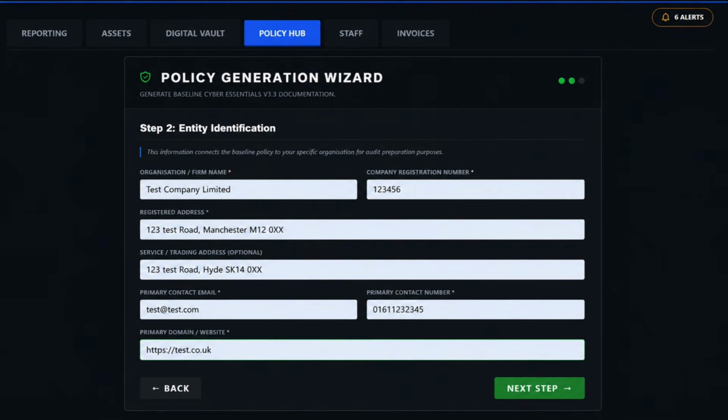In this step, the Policy Generation Wizard captures key organizational details that will be used to personalize and structure the generated Cyber Essentials documentation. Information such as company name, registration number, business address, contact details, and primary website is recorded to ensure the resulting policy documents accurately reflect the organization and can be used for internal reviews, client requests, and